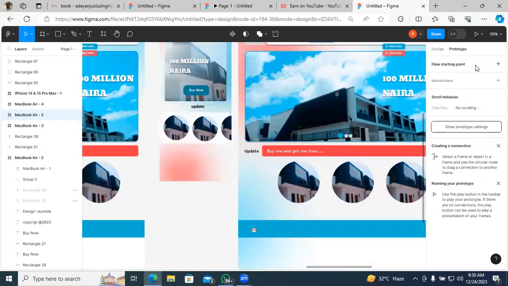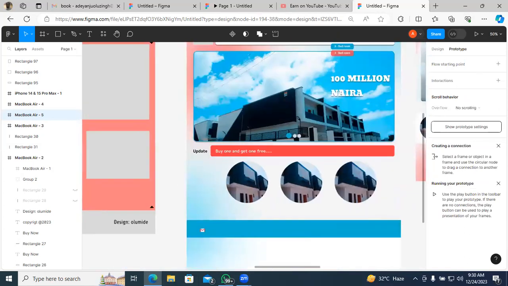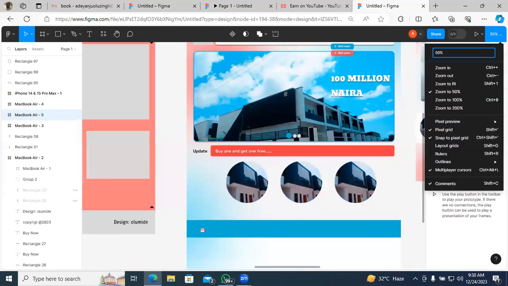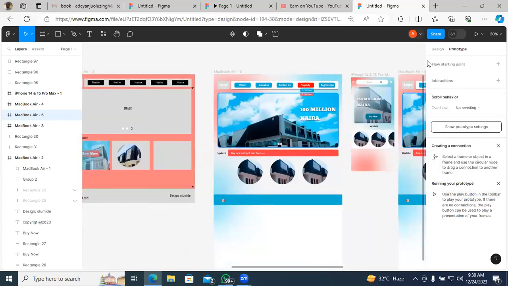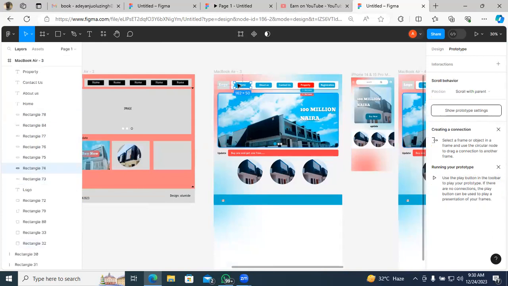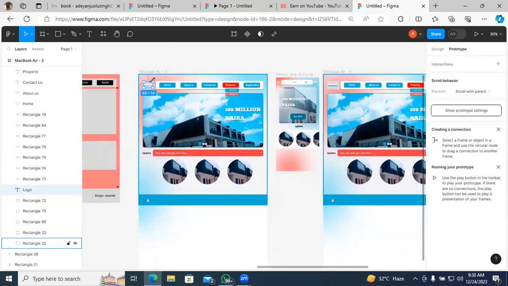Let's increase this so that we can see it. Okay, so now we are on prototype. As you can see, when I click on design, it's showing me where I want to put this.